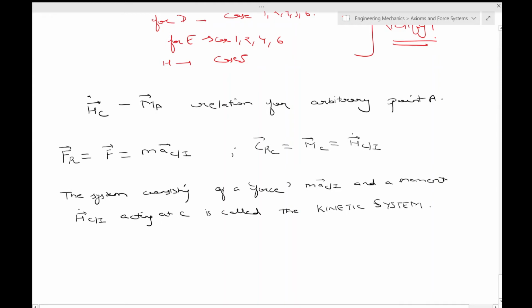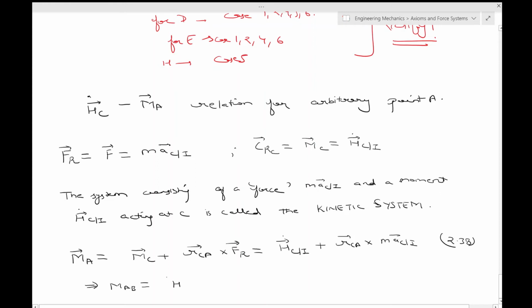Now the moments M A and M A B of the external force system are the same as moments of its equivalent kinetic system at C. So if you want to write M A, that will be M C plus R C A cross F R. Okay, this would be H dot C I plus R C A cross m a C of I. Okay, this implies that M A B